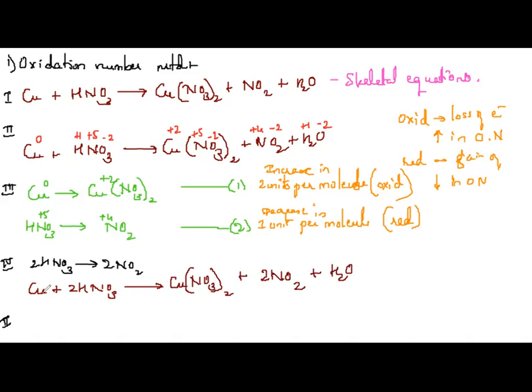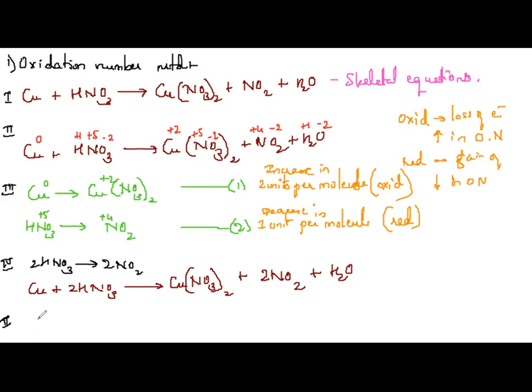Yes, the last step says the final balanced equation should be checked. Okay, so let us balance this. What does the final equation come out to? Here, how many NO3 are there? 2. And here also there are 2 NO3. Hydrogen, how many are there? 2. Here we have 2 hydrogens. Oxygen,